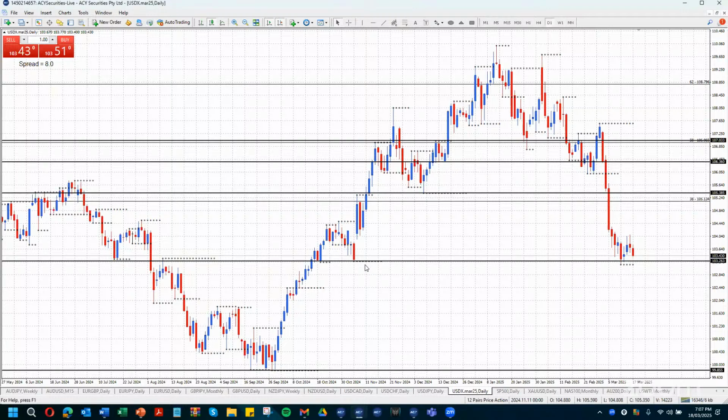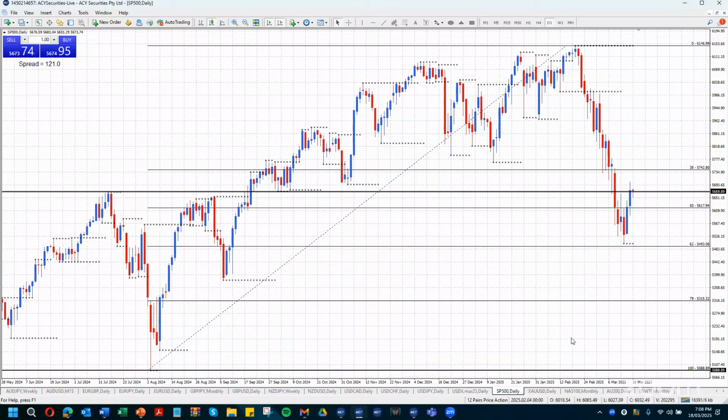But if we move below 103.26 this week, I would anticipate that over time we are going to be moving down to test that major low at 99.85. And if that's the general direction, then expect pairs to the US dollar to be moving up, which they are doing. So S&P 500, yes, it's been selling off,